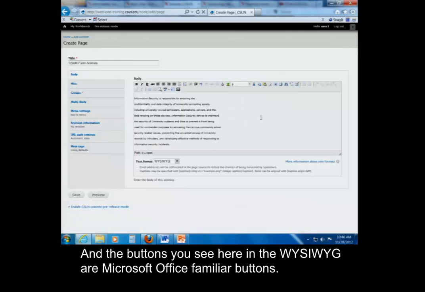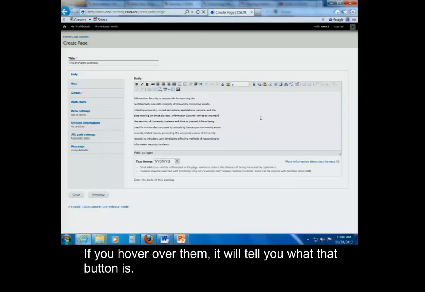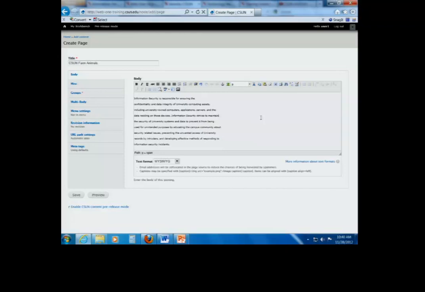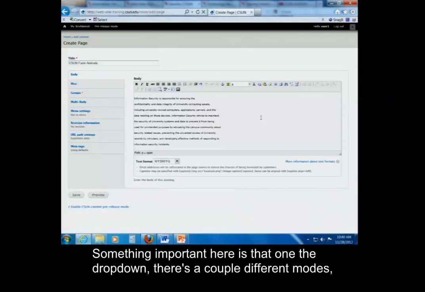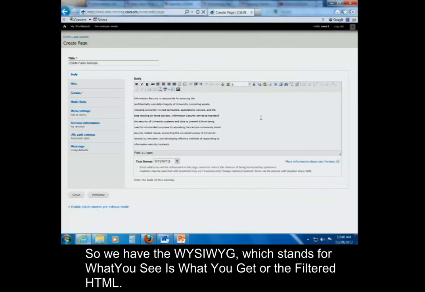And the buttons here you see in the WYSIWYG are Microsoft Office familiar buttons, so I don't need to go and explain each button. If you hover over them, it'll tell you what that button is. Something important here, though, is on the drop-down, there's a couple of different modes available for you. So we have the WYSIWYG, which stands for what you see is what you get, or